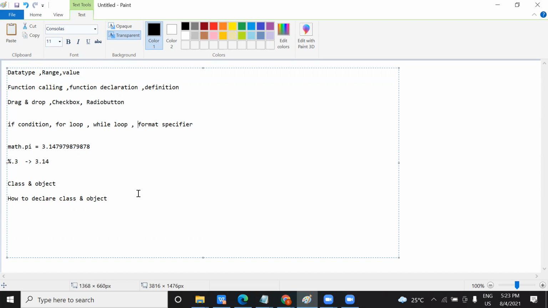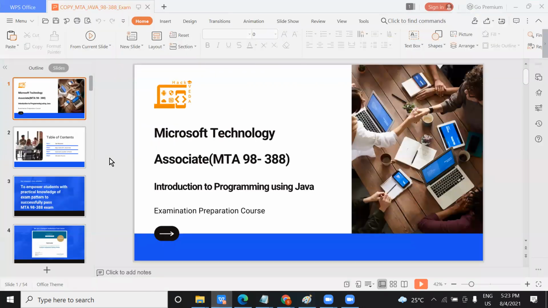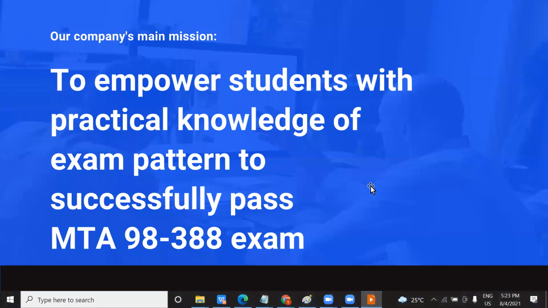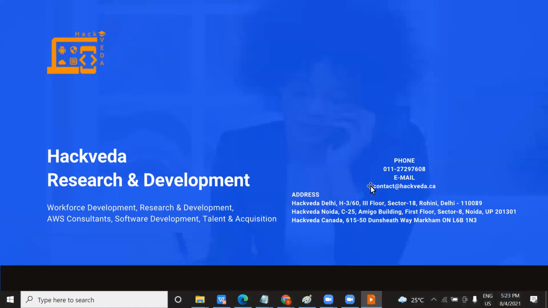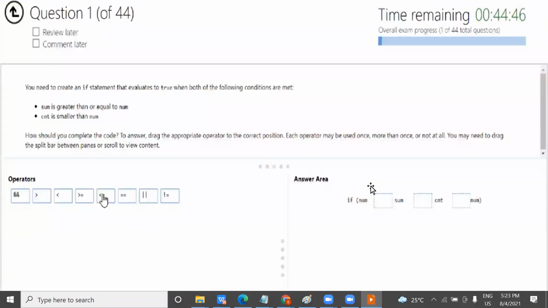And now, from where to prepare, obviously I am going to make you prepare on this. If you see this, let me show you. In this slide I have added all the questions. See, you will have 45 minutes and 44 questions. You can consider 1 minute for one question. So the pattern will be like this, right? The interface will be like this. Timing, you can see from the top. One out of 44 questions means you are at the first question.